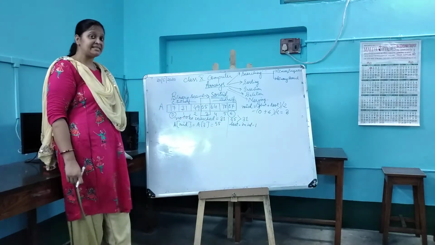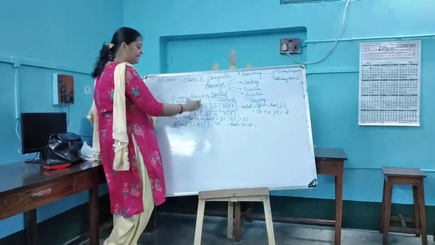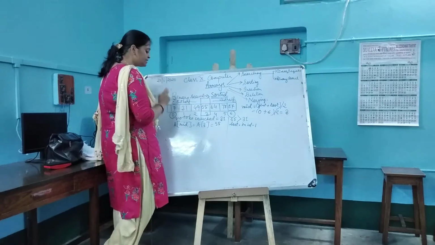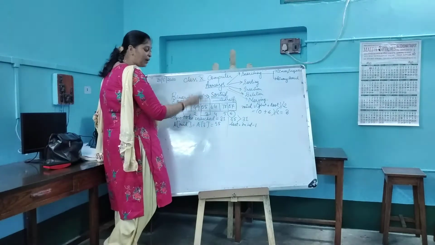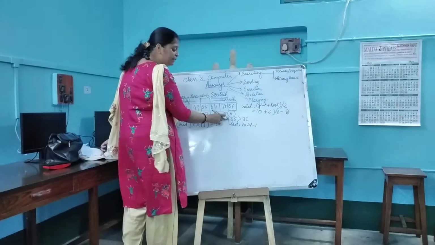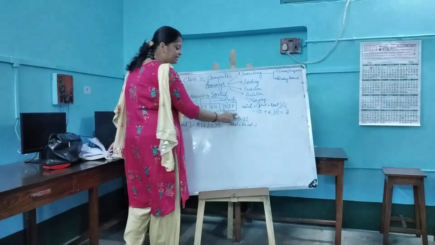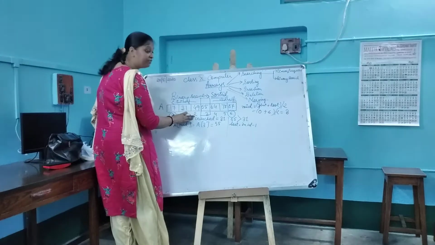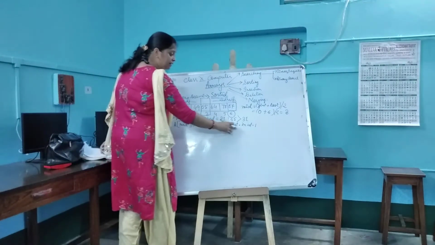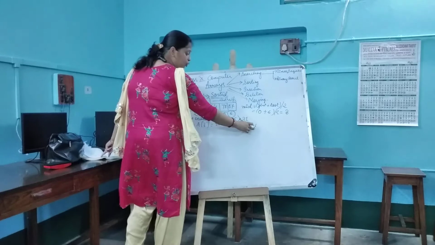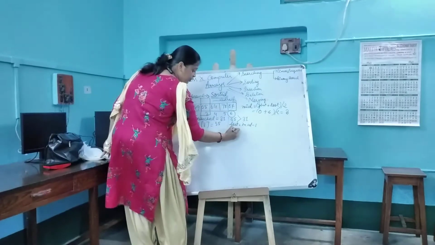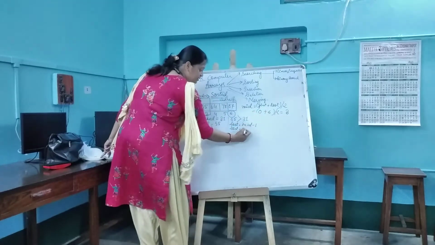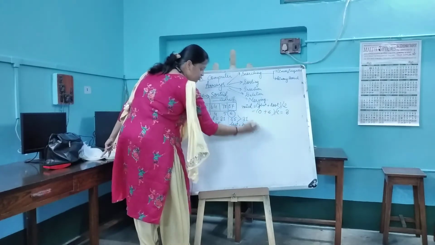So this is what I was telling you, that after dividing the list into two equal halves, you have to see whether you're going to search in the first half or second half, provided the condition is, if the element present in the middle position is greater than the element which you are searching, then you always move in the first half. So I have deducted 1 from mid. That means your last will be mid minus 1. Mid was 3, so 3 minus 1 is equal to 2.